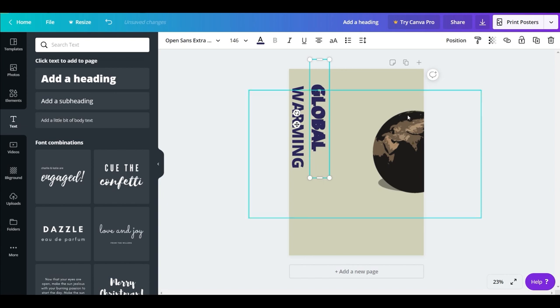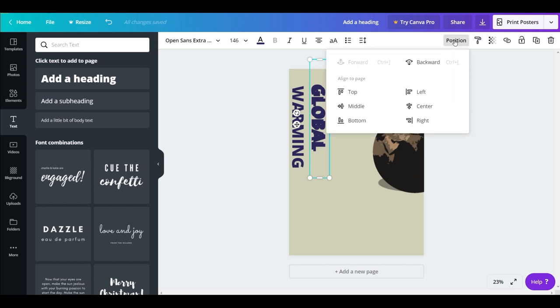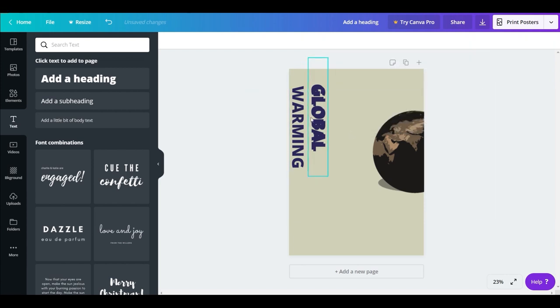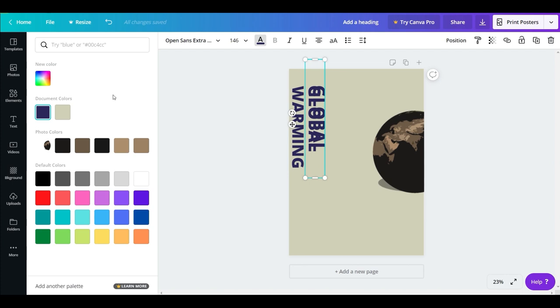Now, very quickly, I need the shadow in the background of my image and not in the foreground. So click in the position panel and take it to the background. By doing this, you can now observe that the global part of the image, which I'm using as a shadow, is now in the background. You know that shadows are always black in color. Let's quickly give it a black color.